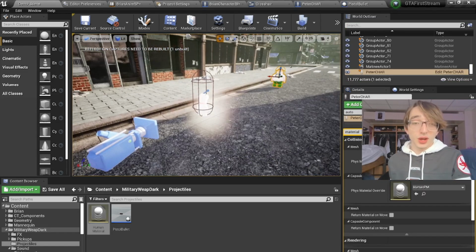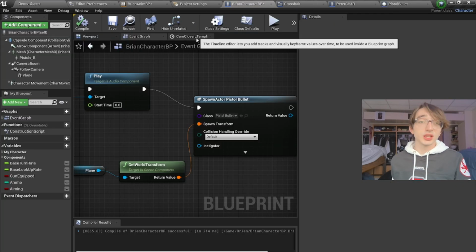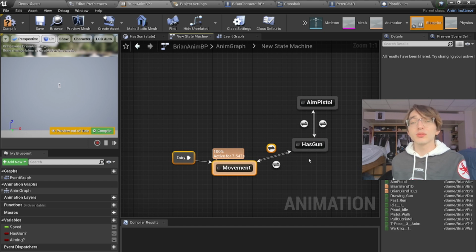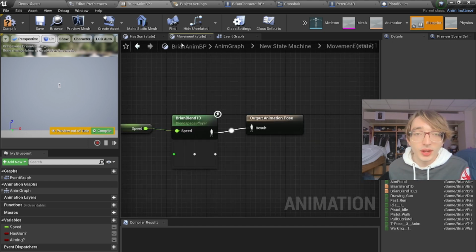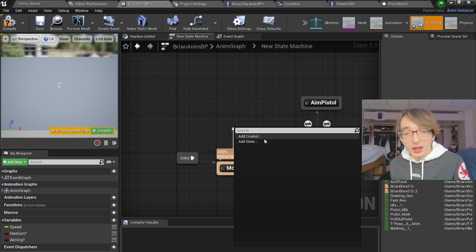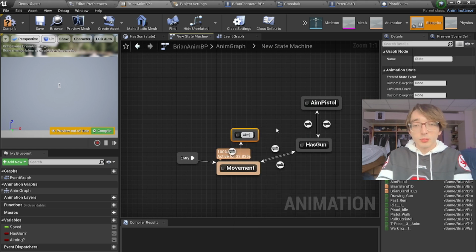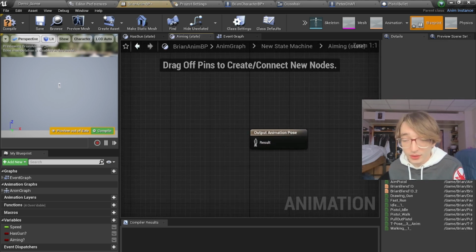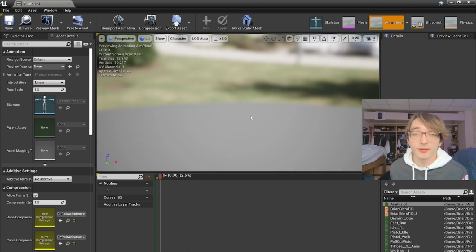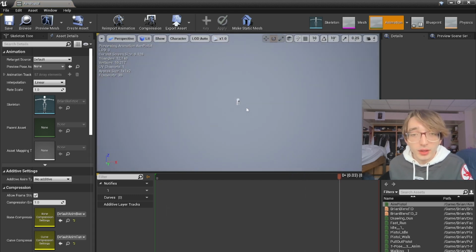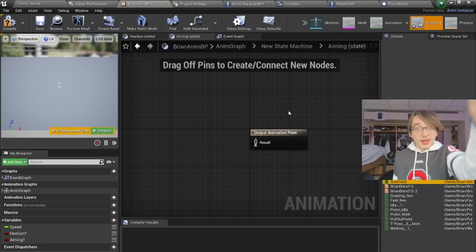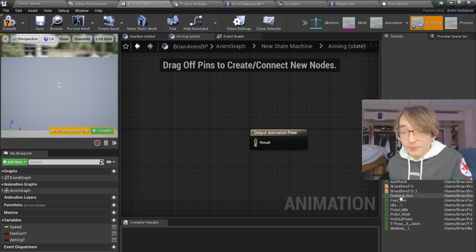The only thing I didn't show you how to do yet is the animation. It's actually a lot simpler than I originally thought it was. This is the exact same thing as this. Don't even worry about it. What I'm doing by dragging out of this is saying, okay, there's a new state here, and it's going to be when I'm aiming. So I go into this state, and I found this animation right here. Why is he so small? I found this animation that is him just drawing a gun and aiming it. I drag it out,